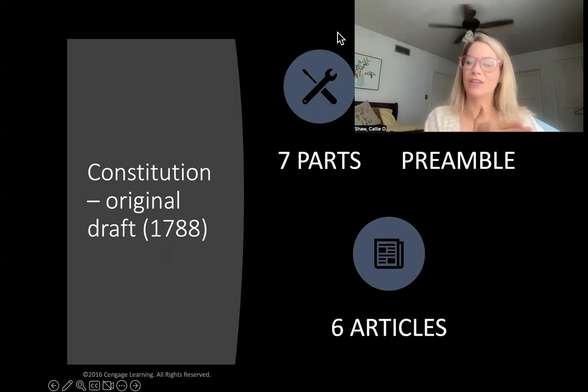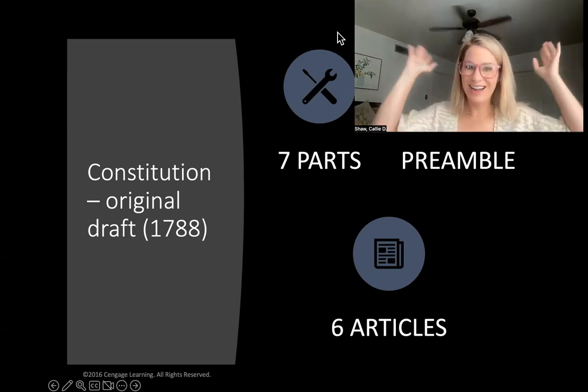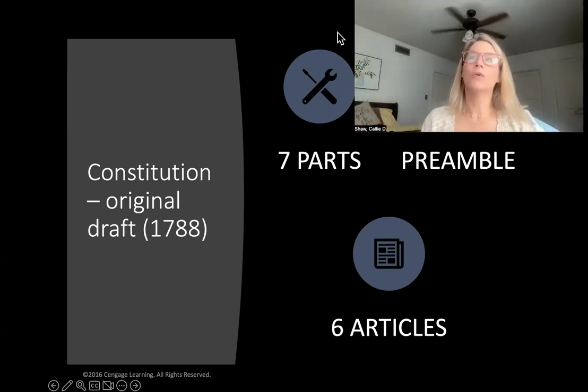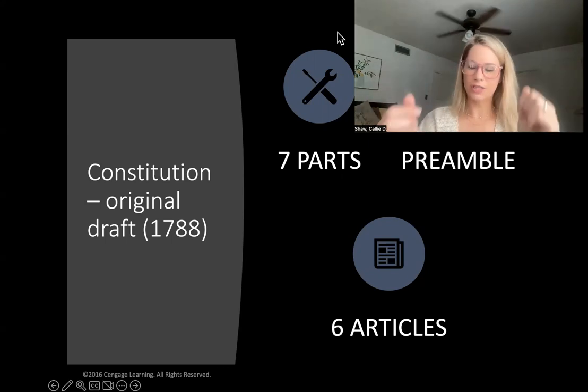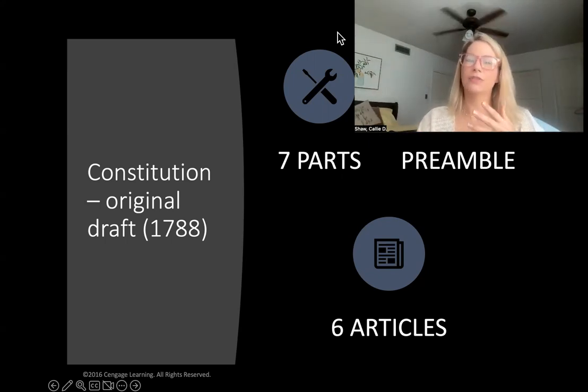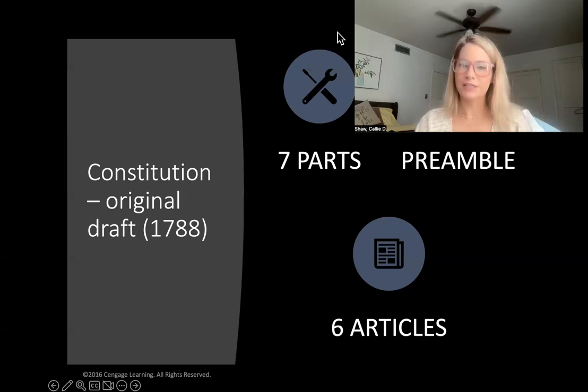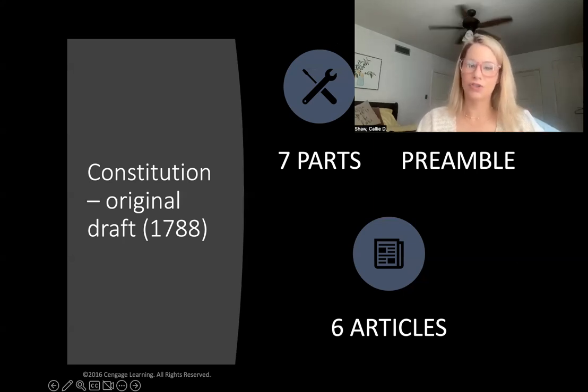And the reason why they were basically all saying no and feeling uncomfortable with it is because these original articles specified the rights of the federal government. It didn't give basically any rights to who? Us, the people, right? And so the only reason why we have a constitution today is because the founding fathers promised, and they fulfilled their promise, that they would put in place the Bill of Rights within 3 years. So in 1788, the original Constitution was born and introduced to the people, but it wasn't until 3 years later that the Bill of Rights was incorporated and fully accepted as our official United States Constitution.